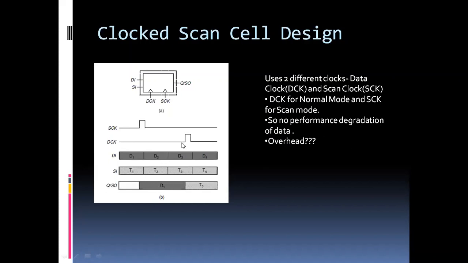और जब मेरा D clock हाई होता है तो क्या करता है? उसकी क्लॉकिंग इन तो D3 होनी चाहिए, पर वो क्या कर रहा है? SI पे जो अंदर गया है वो है T3. It is directly passing that to SO output, that is scan output. Here I think I should be T1 if I'm not wrong. Anyways, let's see. Basically you just try to understand this, that